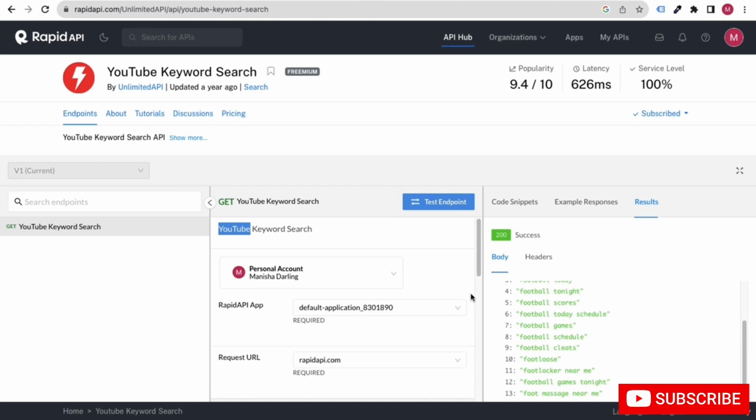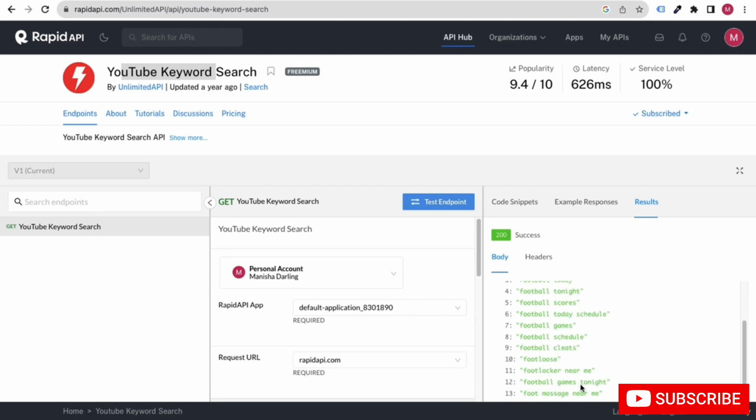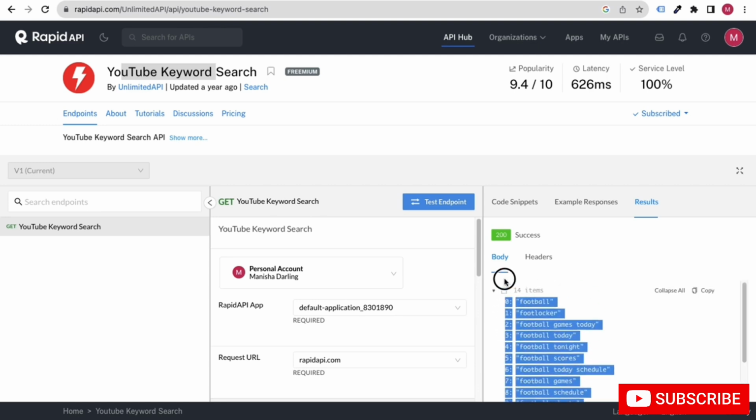So here, my friends, you can see that this particular API is only providing you, let's say, 13 keywords. Okay, only 13 keywords. It is not providing you other data like search volume. So this can be the weakness. See, the first weakness is this: they are only providing 13 keywords.